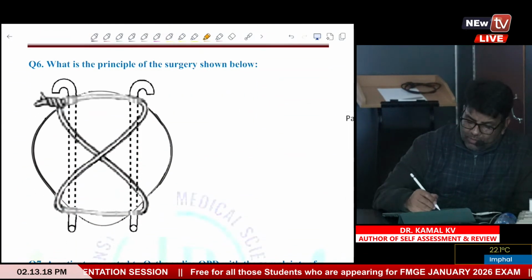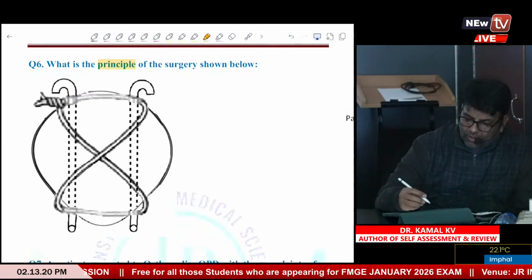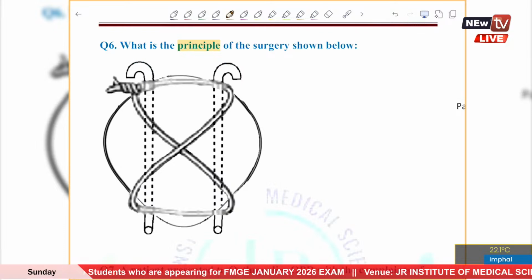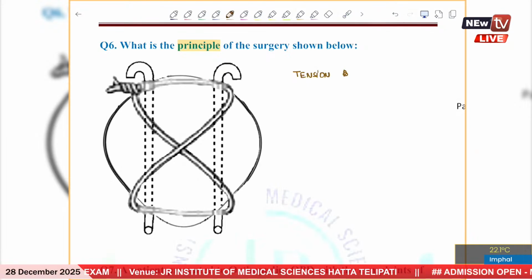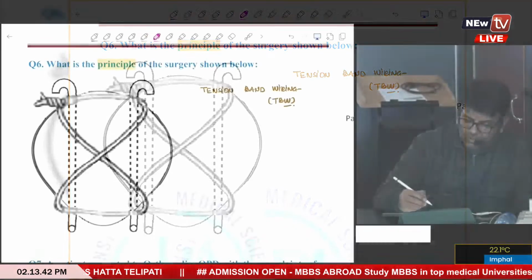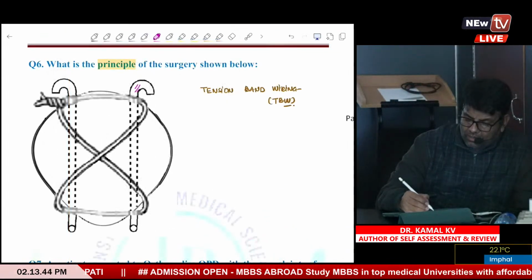Now, what is the principle of the surgical process shown below? So firstly, you have to identify the surgery. Which surgery is shown in the image? This is tension band wiring. So what is this? Tension band wiring. Because you can see this is one